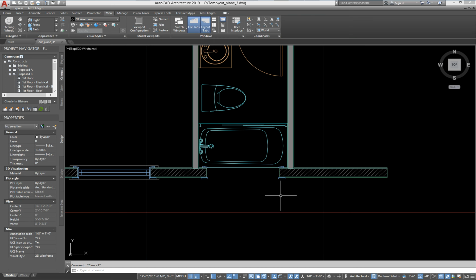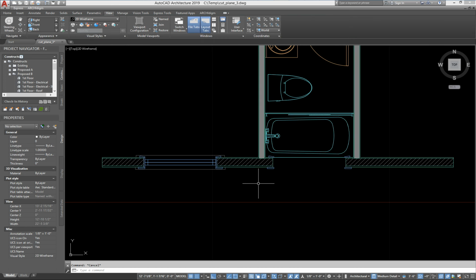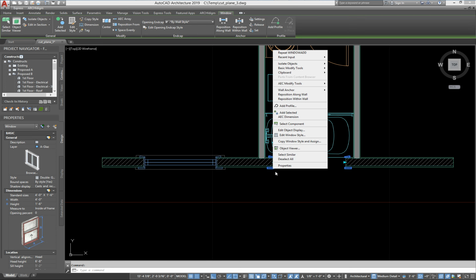All right, so this is probably something you've encountered. Now there are numerous ways that you can get in here and work on the cut plane of the wall to make this appear. But I'm going to show you my 1 second quick fix here is I just go